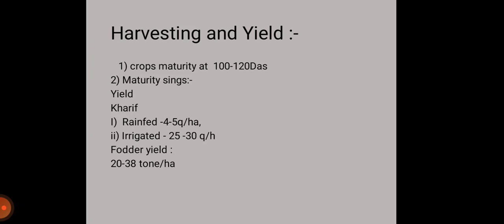Then the fodder yield ranges from 20 to 38 tons per hectare, depending on factors like the type of soil. Light soil gives lower yield, but heavy soil increases the yield of fodder crops. So this is all about the